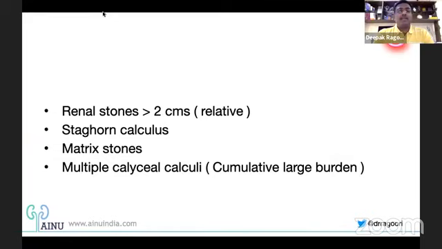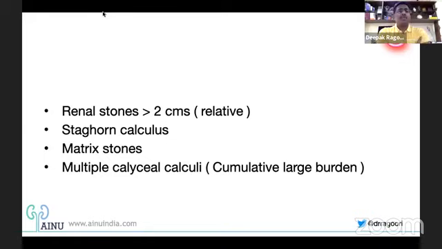But as far as contraindications, if I might say, there are relative contraindications: renal stones more than 2 centimeters. But I guess the experts here would definitely not go with me if I make a blanket statement that more than 2 centimeters is a contraindication. It is not anymore. There are surgeons who are going ahead and doing stones of 2 to 3 centimeters because of the advancements in the ureteroscopes and the type of lasers we are getting. And of course, the more experience you get, the more confident you get that you'll be able to clear these stones. Hence, I have written there as a relative contraindication.